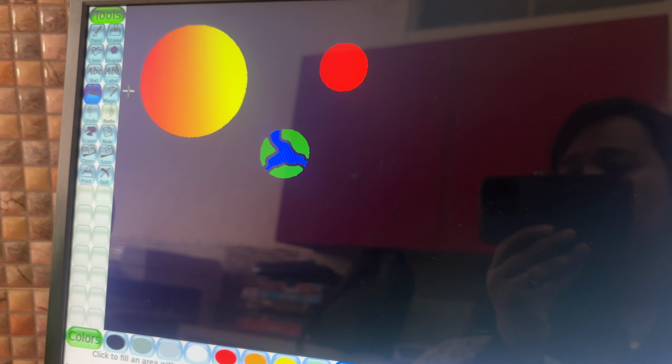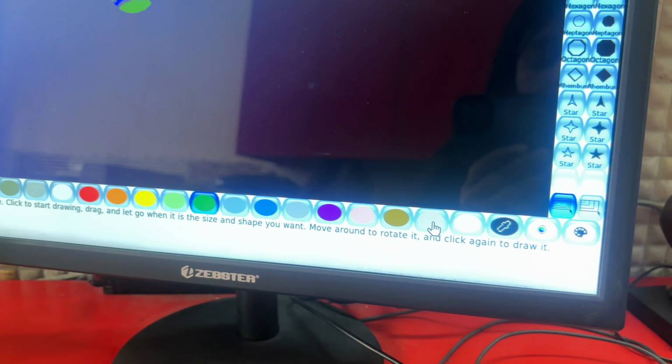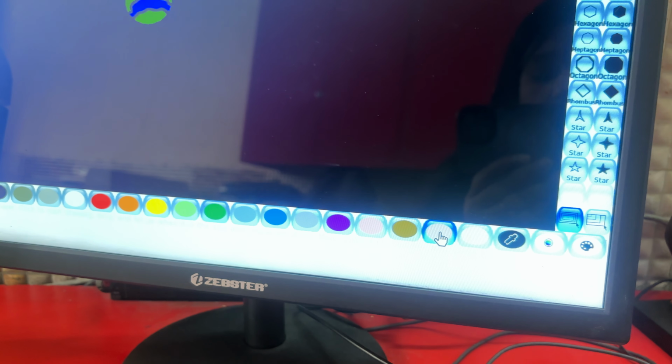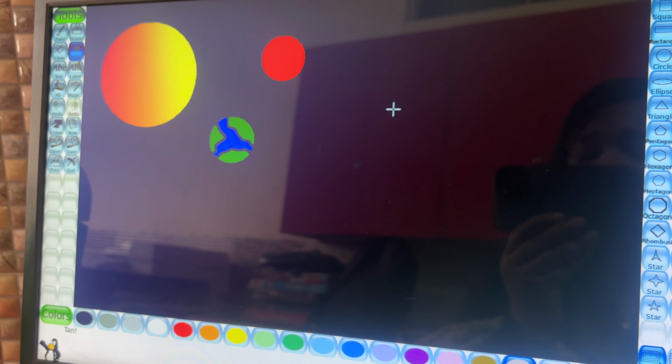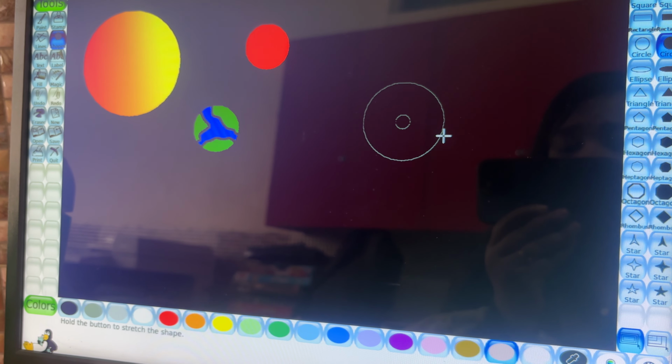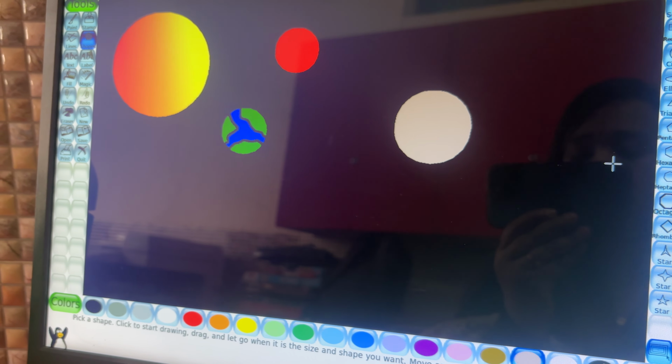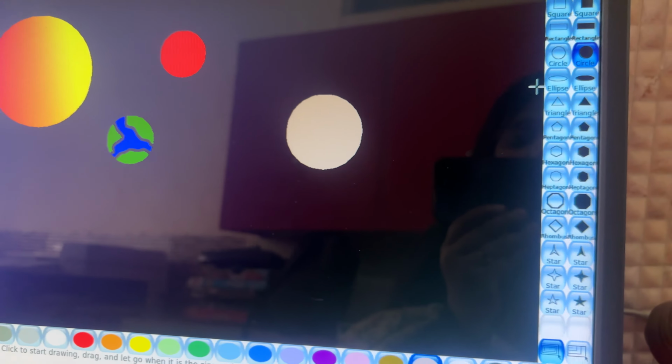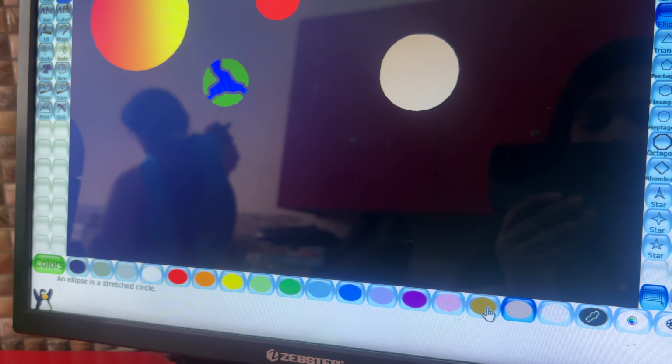Next we will go on to create planet Saturn. For Saturn, we must choose a cream color or a slightly beige color and make Saturn like this. Now Saturn usually has rings. So for that we will click on the ellipse shape, click on brown color.